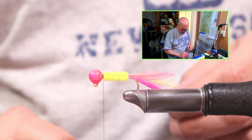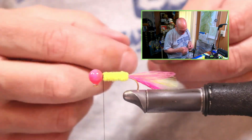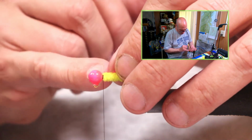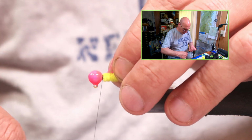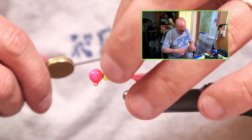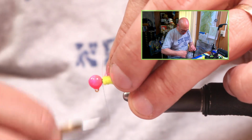A couple more wraps on the collar, just to bulk it up just a little. This is thin thread, and I didn't have much as a base. I'm going to lay the feather diagonally, and I always angle my feather. I point it down between the thread and the hook head, so when I lock it on,